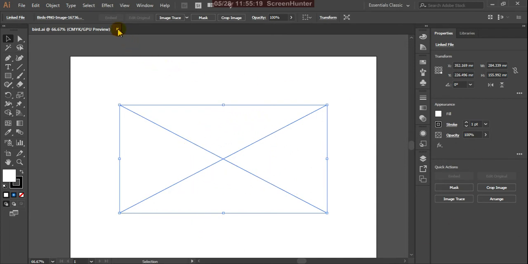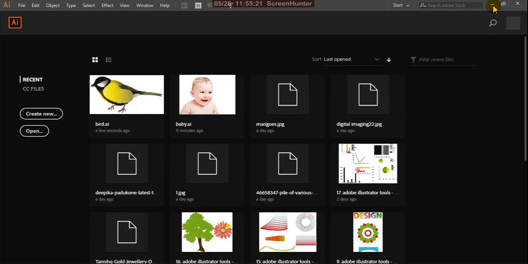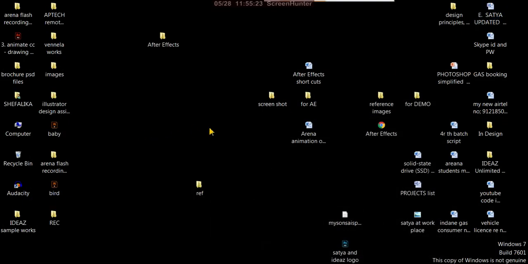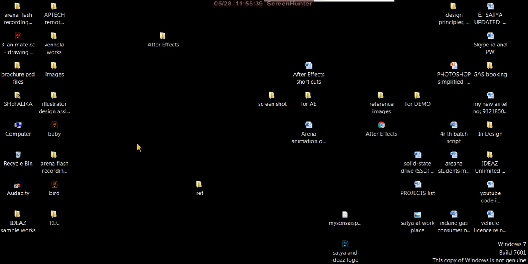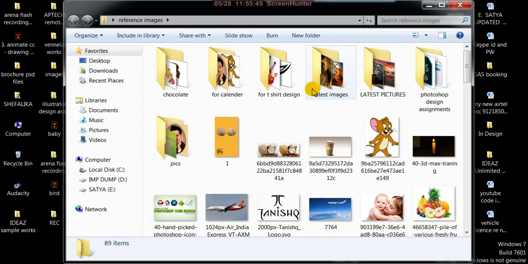So that is the reason, don't forget, you have to insert your pictures in a particular folder, and you carry that folder with your actual Illustrator file. So that is about the linked file.